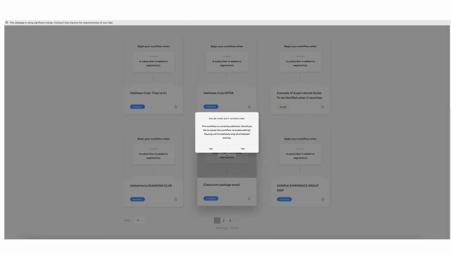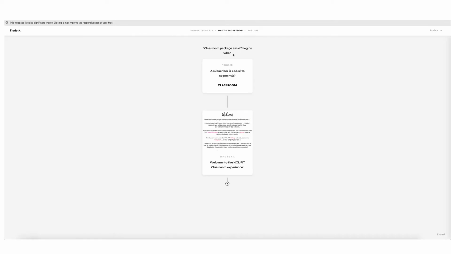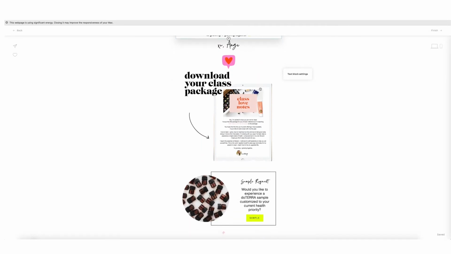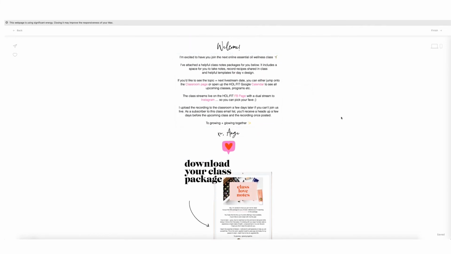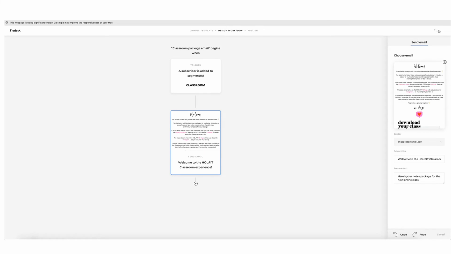Here is the classroom workflow. So this is that one if somebody goes to the classroom to download their class notes package. I have this one set up in a very similar way to what I just showed you for the Supernatural guide, where they get added to the segment, and this is the email they would receive. So you can see how this actually looks pretty similar to the one I just showed you, because I had a template that I used, and I just changed the image, linked up the proper links. Anything you see here in pink is a link. So anyway, that's that. Let me resume this one, and I'm going to show you